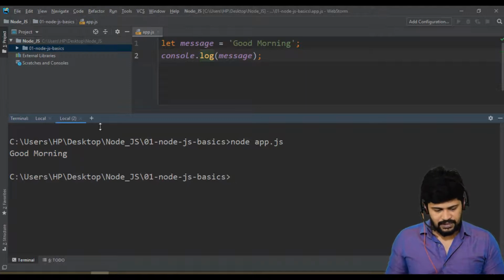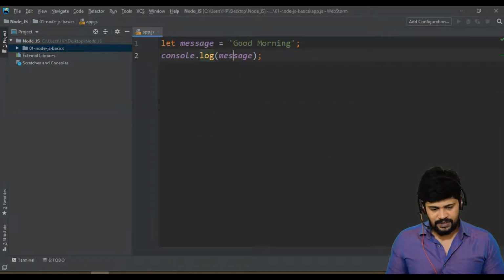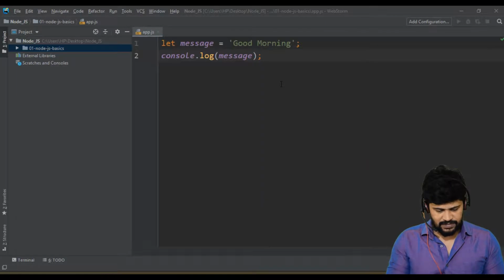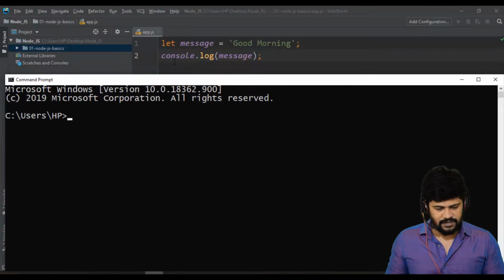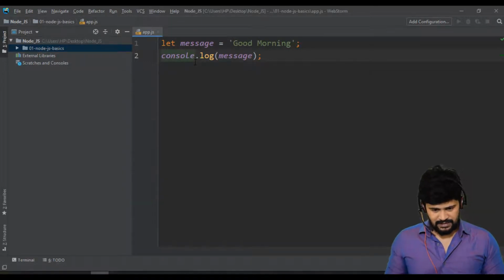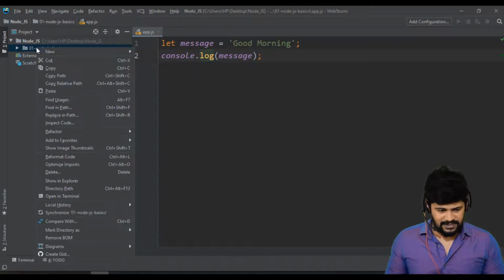You can do it this way, or else I'm going to use the external command prompt. I want to switch between both, so let's use the command prompt. In the external command prompt, you need to go to this particular folder structure, which is on my desktop in C drive.